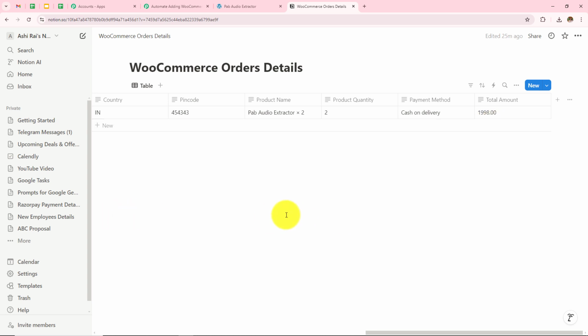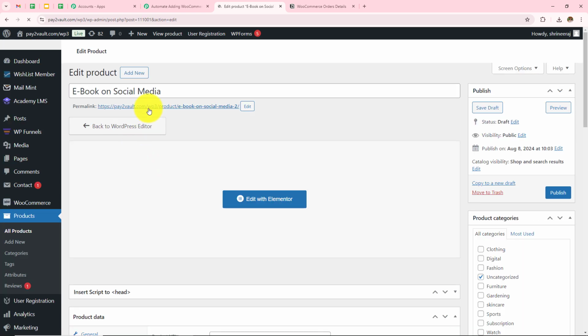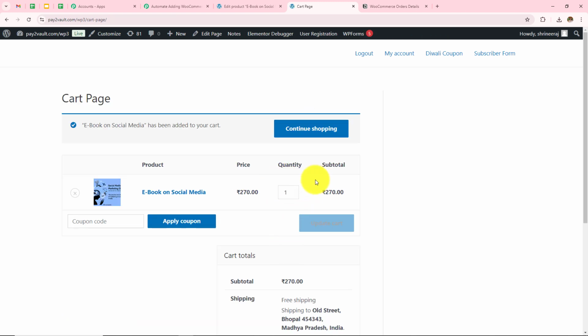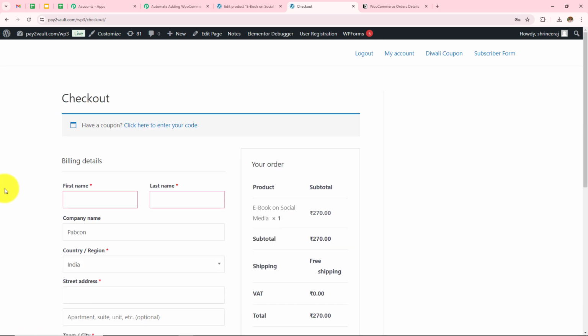Now to check whether this automation is working perfectly fine or not, let's open our WooCommerce store and make another purchase. So here, let's say this time I want to get this ebook on social media. So I'll open this link to the product and then click on add to cart. And then I want the quantity as 1 and then I click on proceed to checkout. Now here I have to enter some details. So let's say this time my first name is